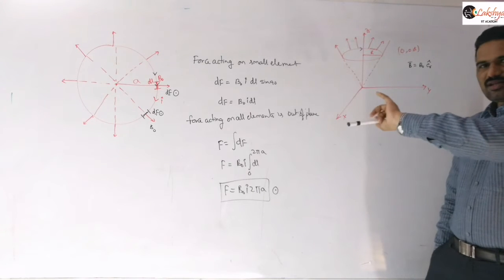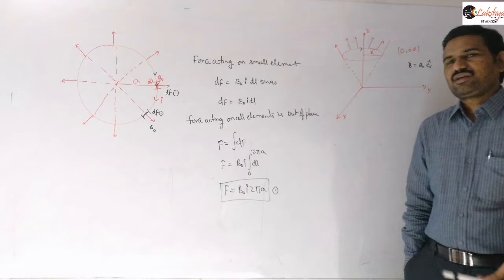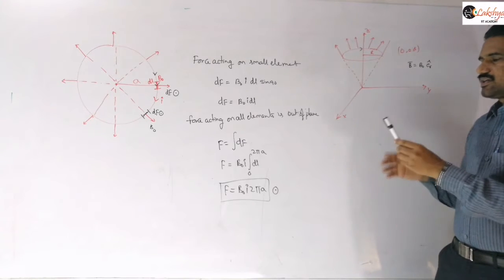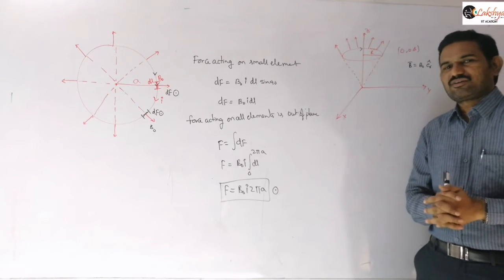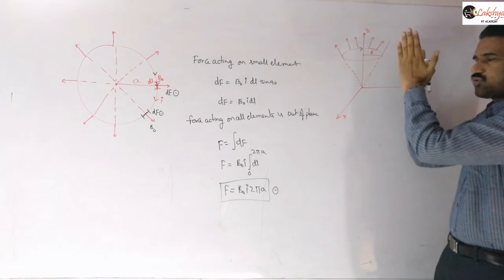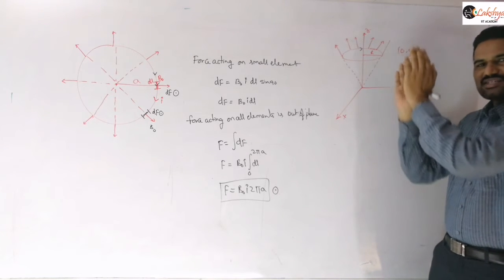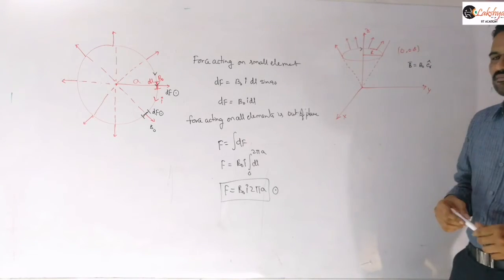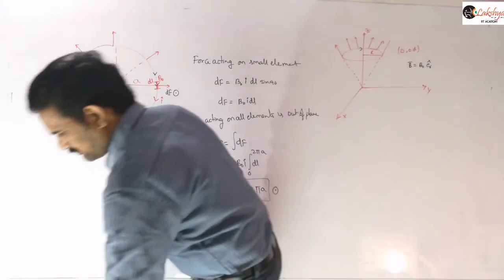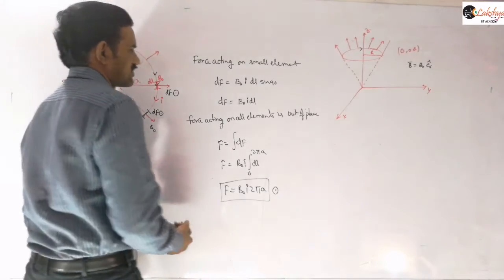So there that field is radial only, but it is not lying in the plane. The field is starting from the origin and directed away, like in the form of a cone. If you assume the circle as the base of the cone, the field is along the surface of this cone. So the field is like that. And so now let us write the expression for the magnetic force.